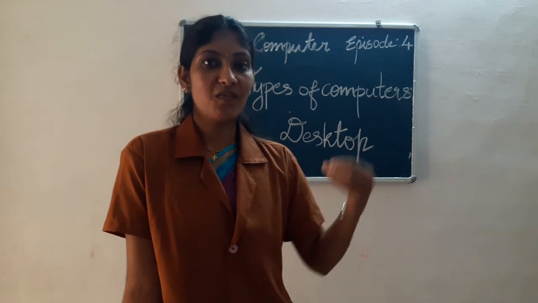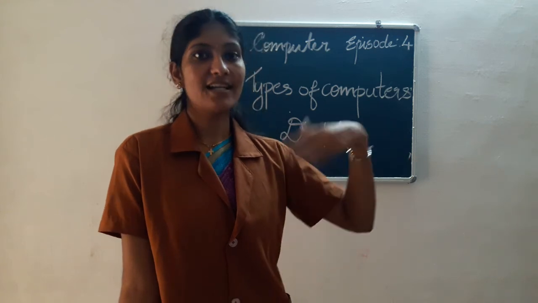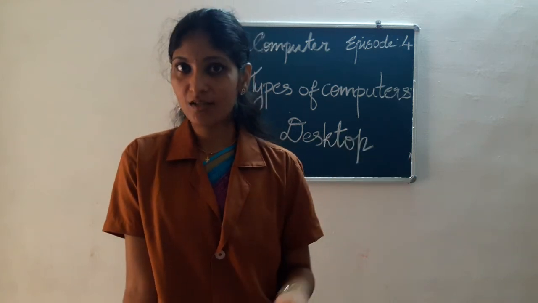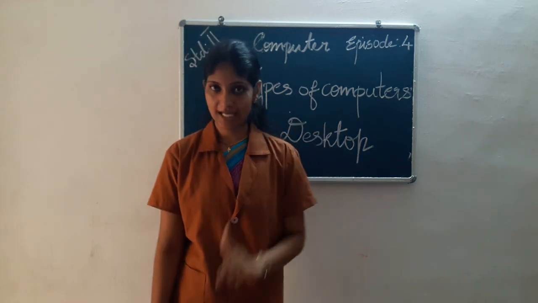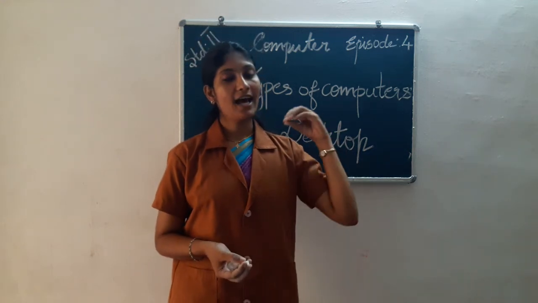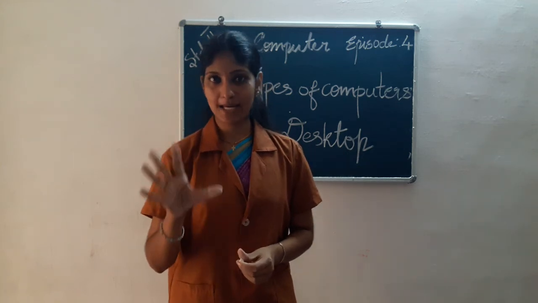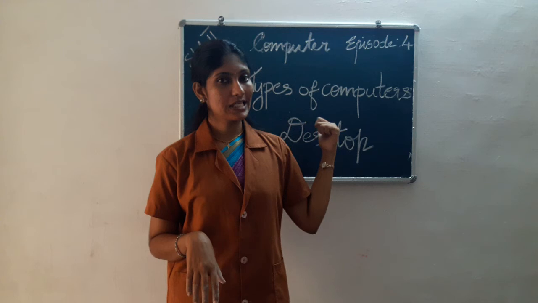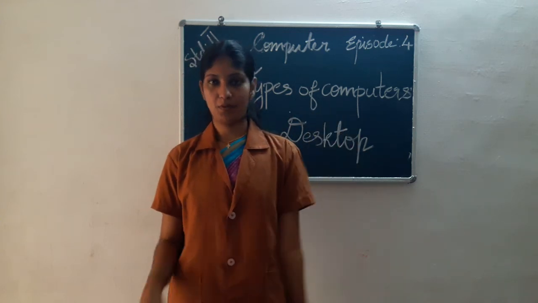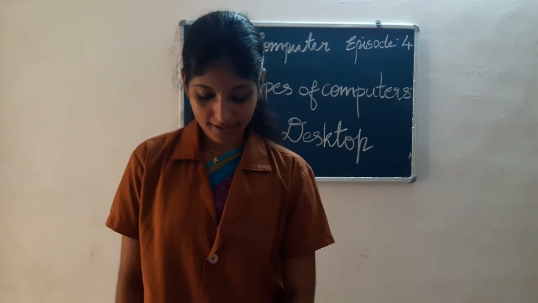Even if it is moved, we have to disconnect all parts from the computer and then set up again in the other location. So a desktop computer is a type of computer that is big in size and popular, and all the parts of the computer are placed on a table or a desk. That's why its name is desktop computer. Right? And it is not very expensive. It is reasonable, meaning its price is considerable.